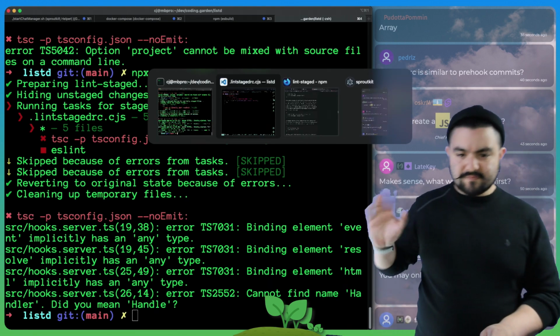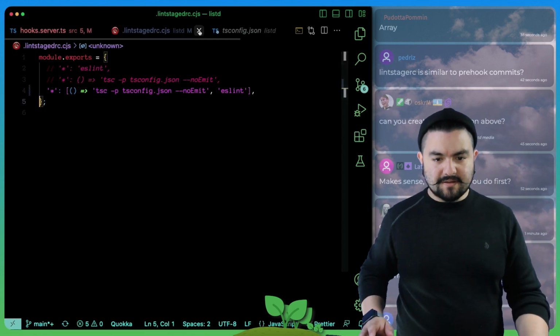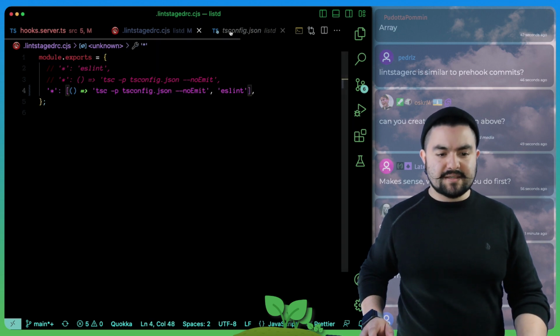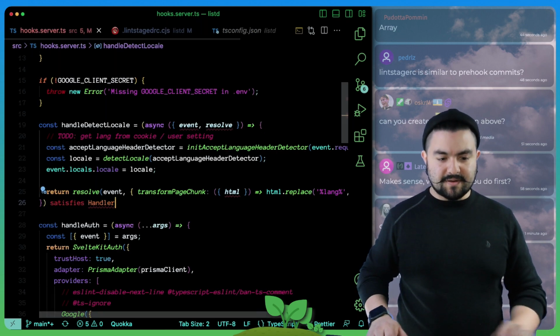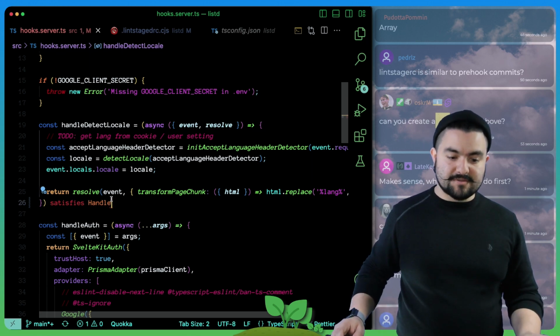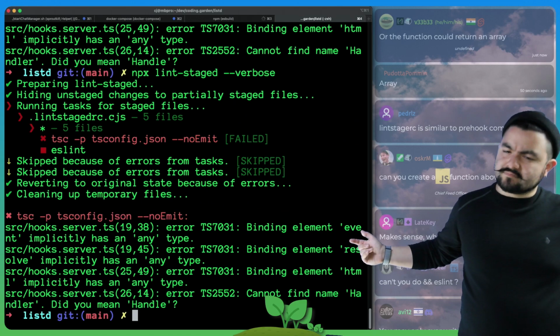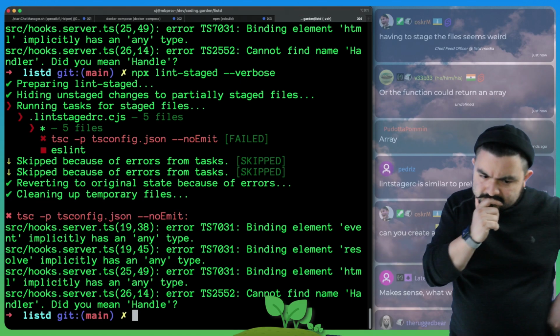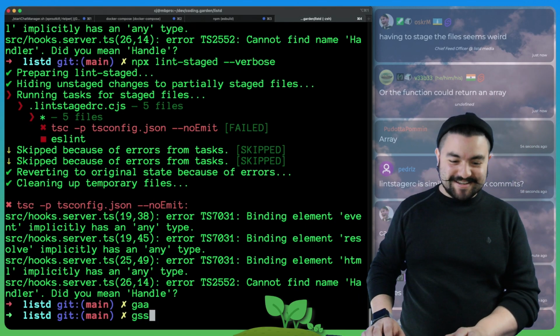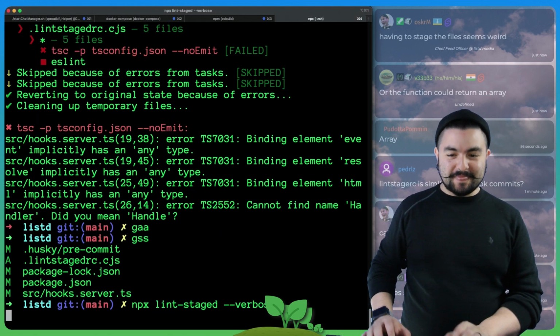Okay, so let's fix the type error. Maybe because it's running this first, it doesn't even get to ESLint. But if we fix the type error, now we have a linter error because we have a missing semicolon, and let's see if ESLint catches it. Oh no, well, we need to commit it. We need to stage it. Oof, we keep forgetting to stage it. Now if we run it,